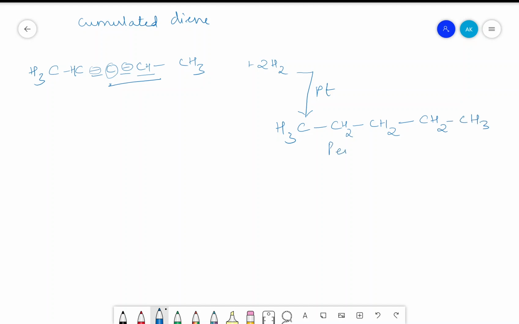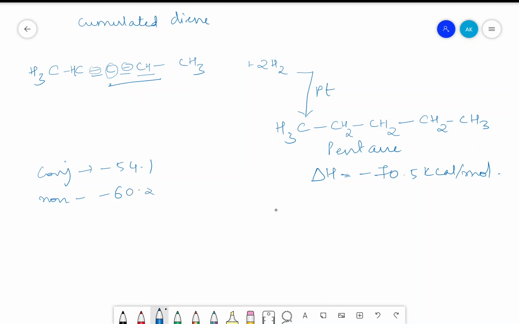Once again we got a pentane here with a delta H value which is equal to minus 70.5 kilocalories per mole. So we have three delta H values: for conjugated I have minus 54.1. For non-conjugated, we have minus 60.2 kilocalories per mole, and for cumulated, we have a value of around minus 70.5